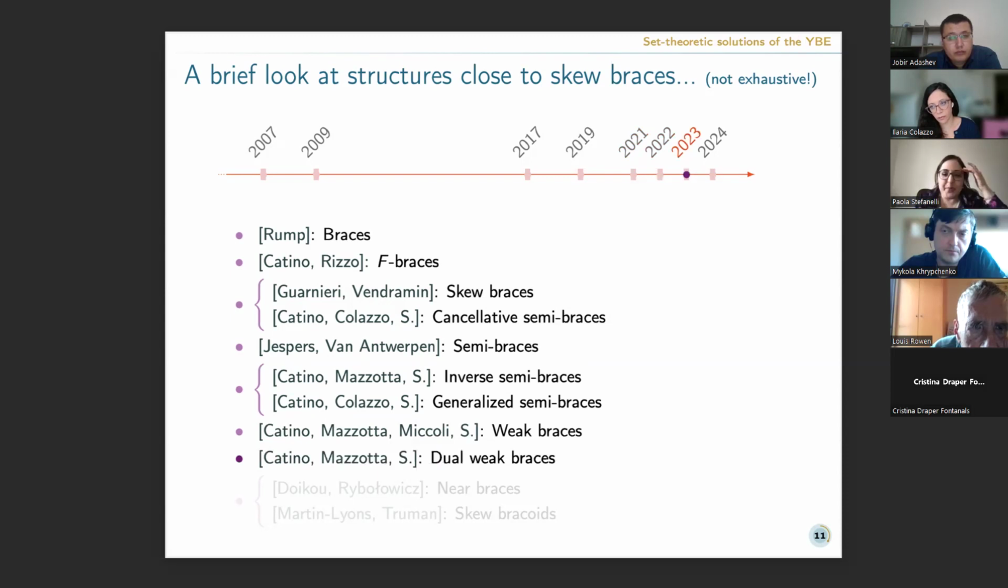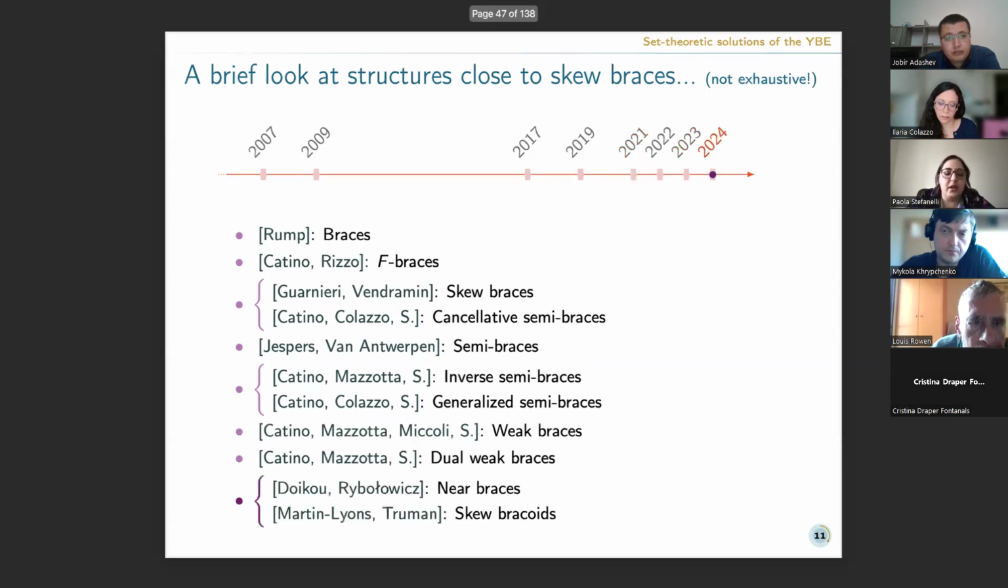Sorry if this slide is not exhaustive about the structures related to skew braces. I only mention also these other recent structures: near braces, introduced by Doikou and Rybołowicz, where they essentially consider two structural groups having different identities, and they always produce bijective non-degenerate solutions. We have also other skew braces introduced by Martin Lyons and Truman, but I don't have time to explain more about these structures, so I will focus on dual weak braces and, as I said, their connection with Płonka